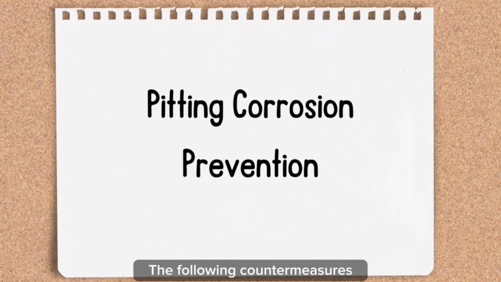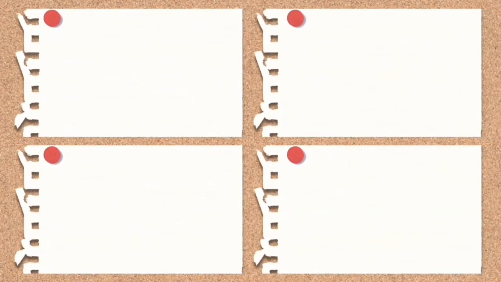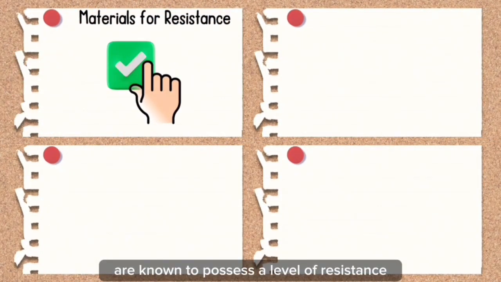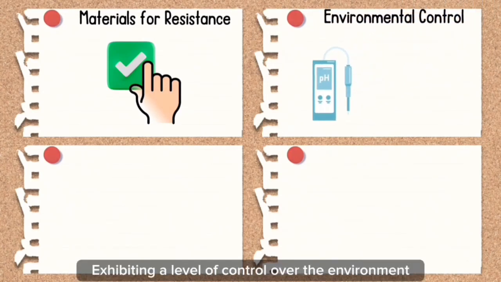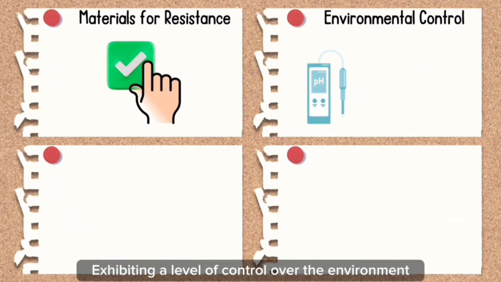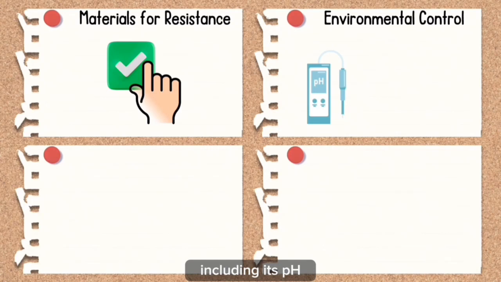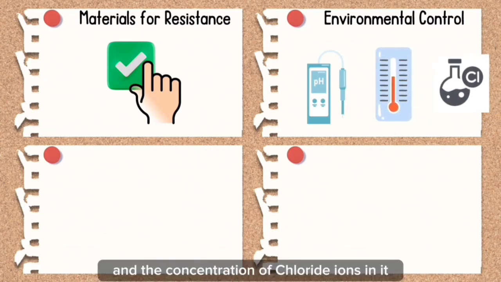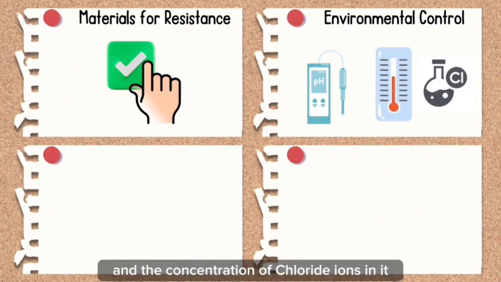The following countermeasures can be adopted to prevent pitting corrosion. Selection of materials that are known to possess a level of resistance towards the given environment, exhibiting a level of control over the environment, including its pH, temperature, and the concentration of chloride ions in it. Employing